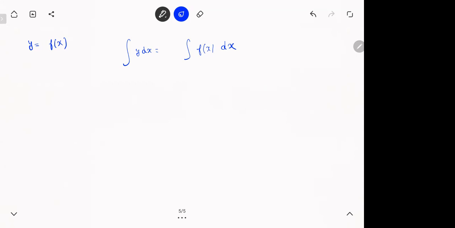See, remember this always. Whenever you learn something, there are two ways. One is a technical way of learning, which is actually there in the book. The second is in layman's terms. You should have an understanding of what it means, right? So this is your base. This is your height. So basically it is finding area. And the integral means the summation of all the small areas of the rectangles. That's what it means actually. You see, the whole story of integration is that.